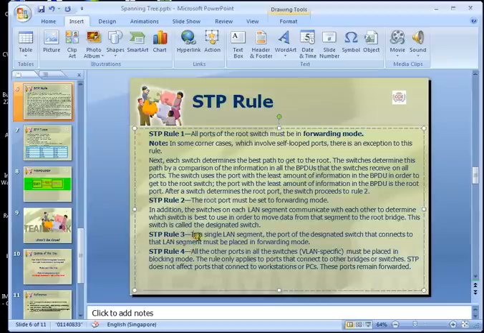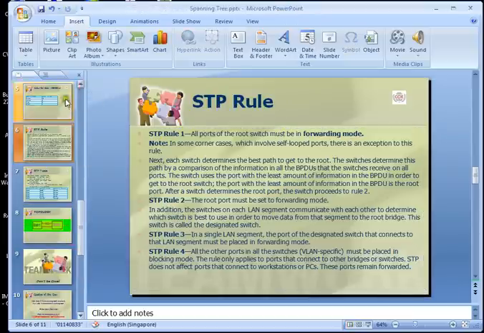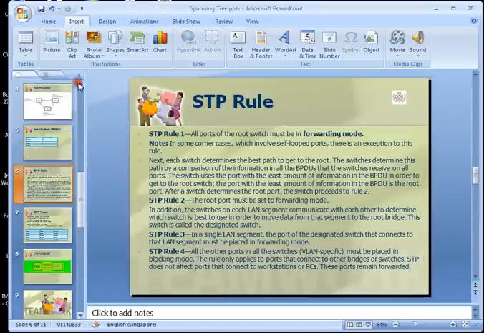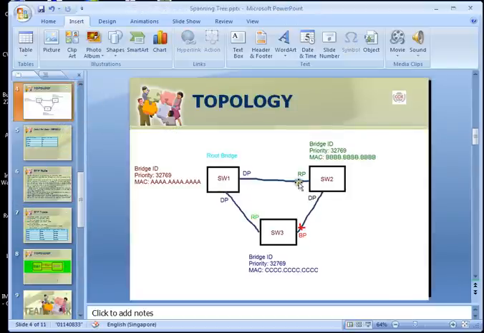Okay, and then rule number 3: in a single LAN segment, the DP port that connects to the LAN segment must be placed into forwarding mode. So as we can see just now, this one, all the DP must be put in forwarding mode.